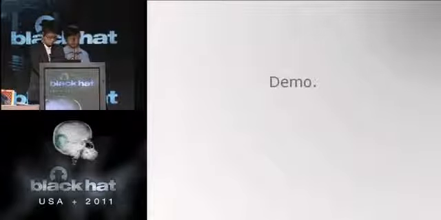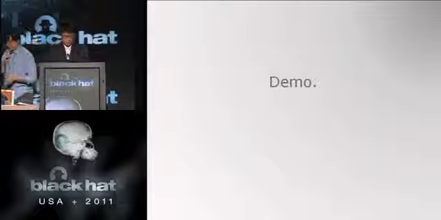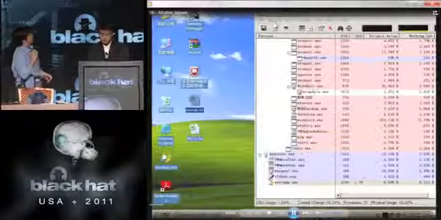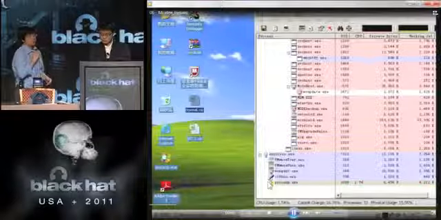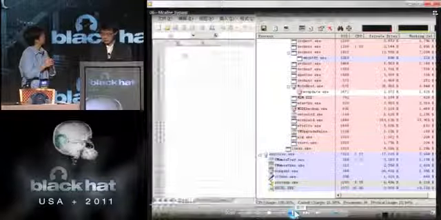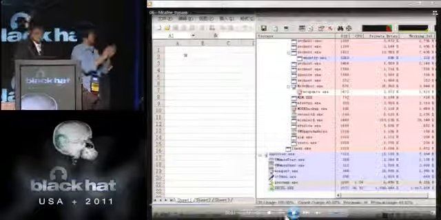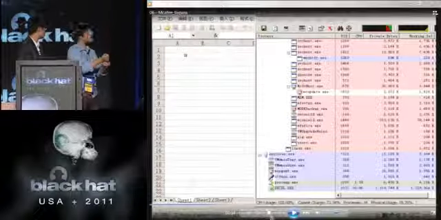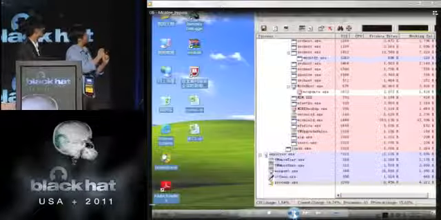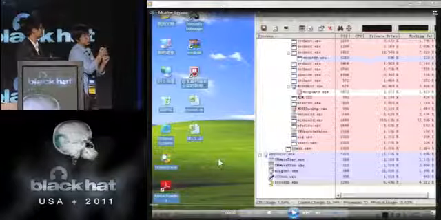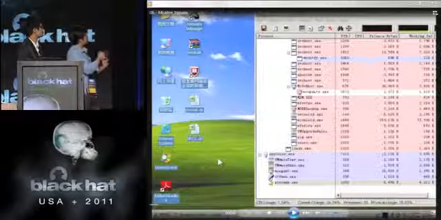Okay, we have a demo. The demo will show you how we defeat host IPS like McAfee host IPS and Comodo host IPS. In this demo, we have two exploits. One uses the traditional way to exploit and launch Notepad, and the other uses our way.